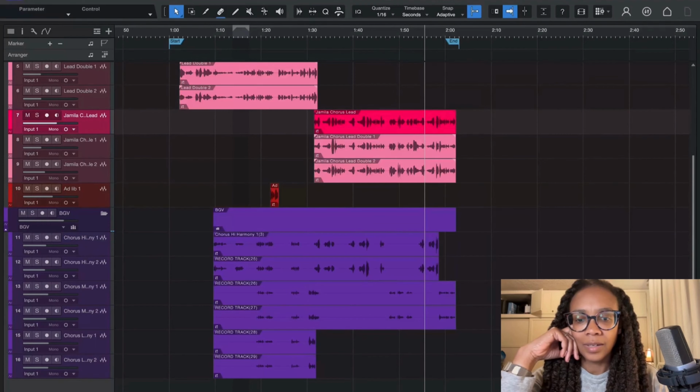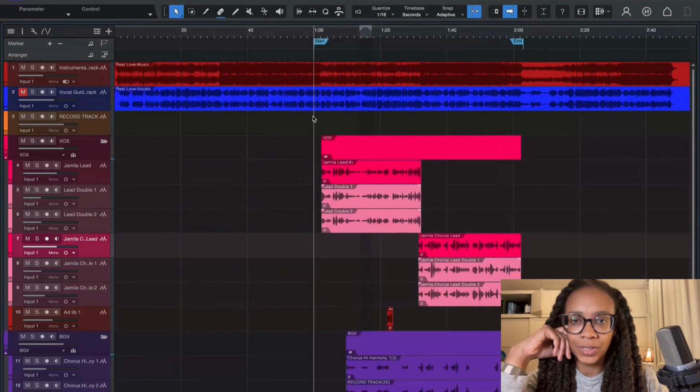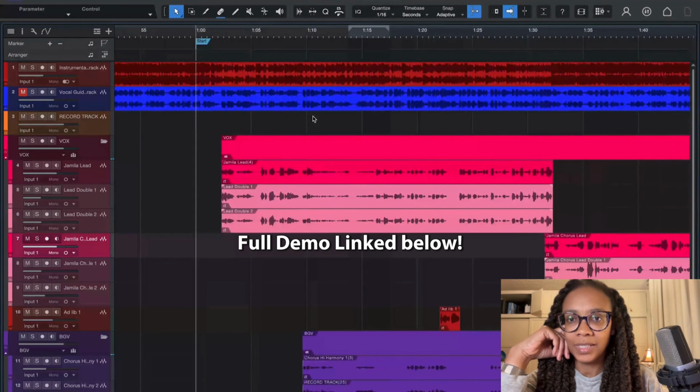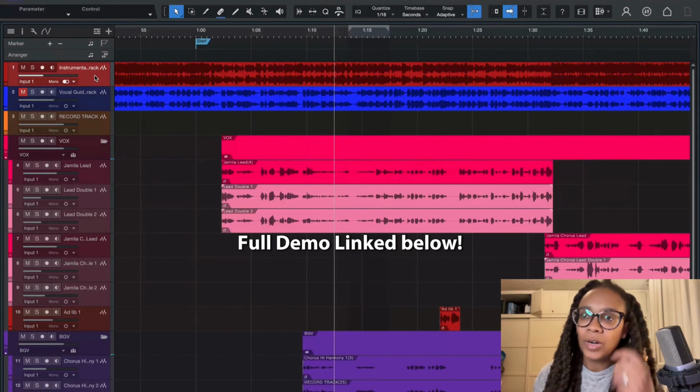Let's take a look at my DAW. I'm opening up a separate project for each song, and I've created a template ahead of time. This is basically the one that I use all the time, and they are both set up the same way. Okay, so here's a look at the cover songs. This is one cover song. This is the upbeat dance one. I set up every song the same way. Each song gets its own project.